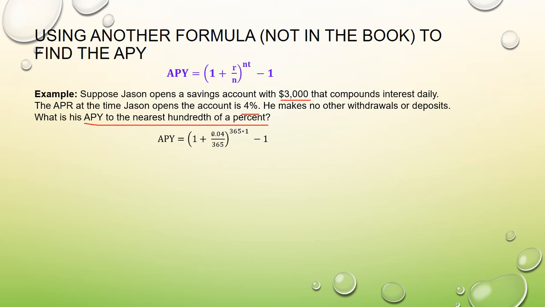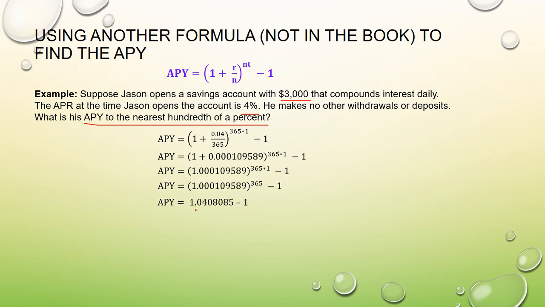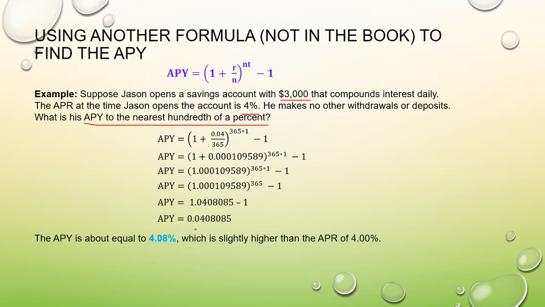We have 1 plus 0.04 divided by 365, to the exponent of 365 times 1, and that answer minus 1. Order of operations again. 0.04 divided by 365 gives you 0.000109589. Now the exponent, we get 1.0408085, minus 1, which gives you 0.08085. Convert that into a percentage and we get 4.08%, which is the exact same thing we got in the previous